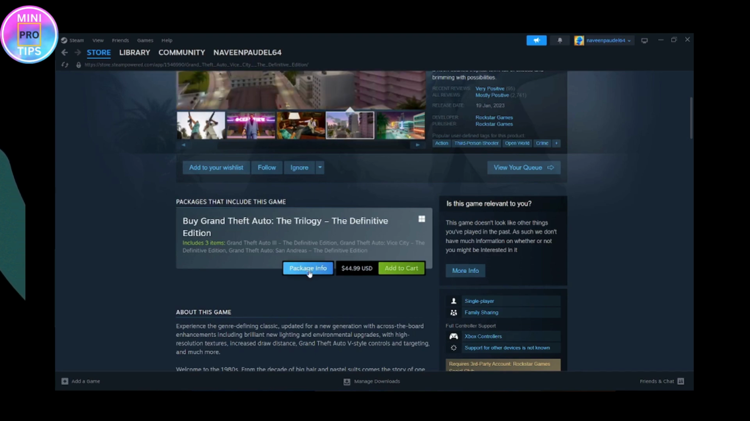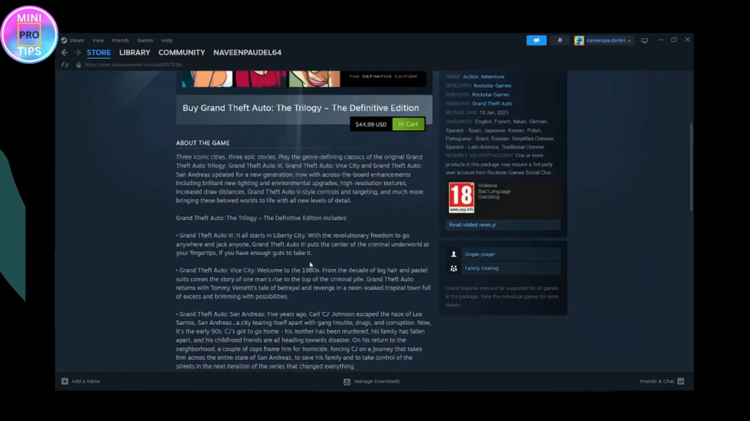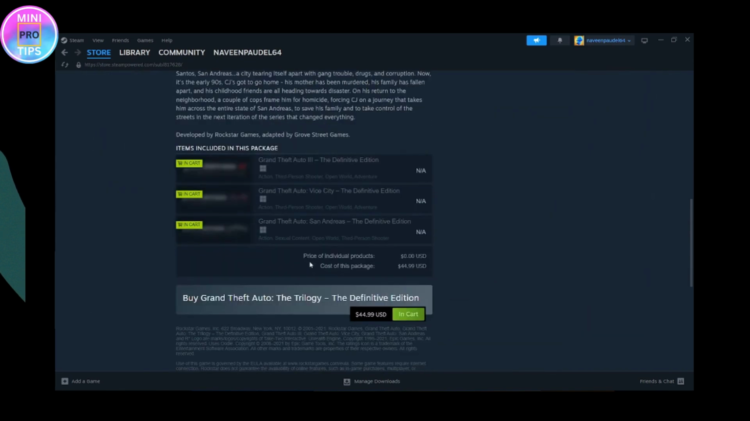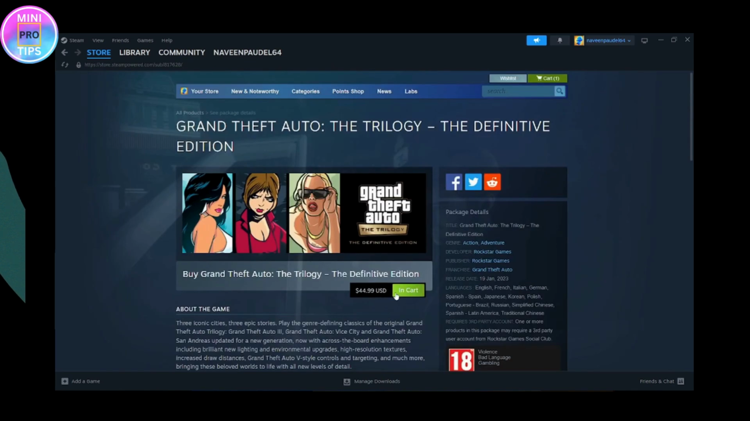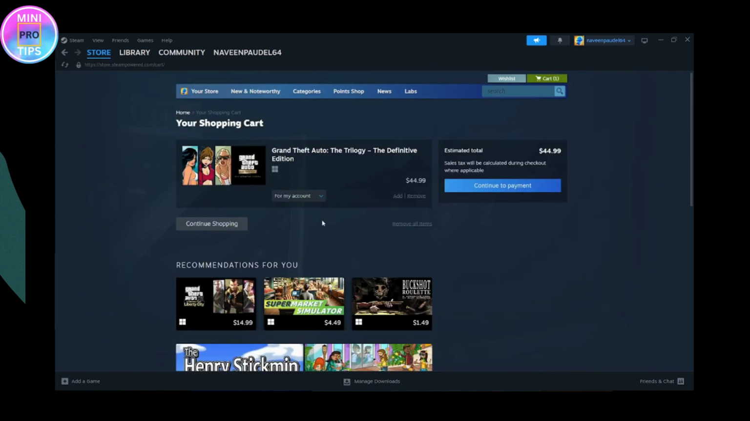So you need to click on package info and you will have all of the features or something about the game. So if you want to buy, simply click on cart and then you need to click on continue shopping to shop the application. So that's how you can download the GTA Vice City in your